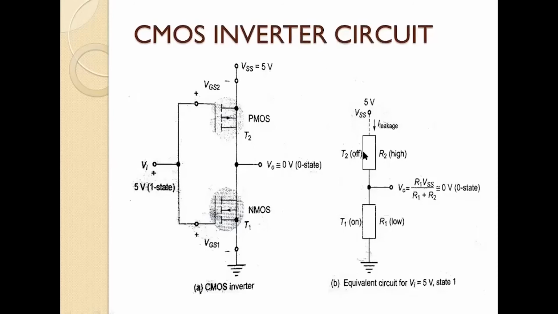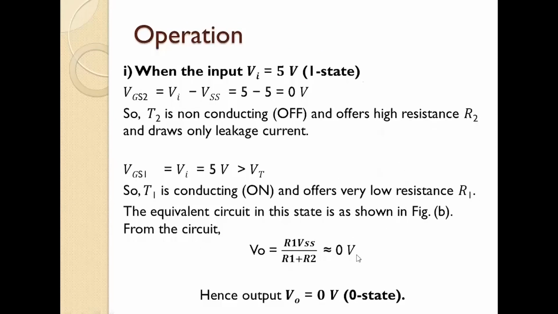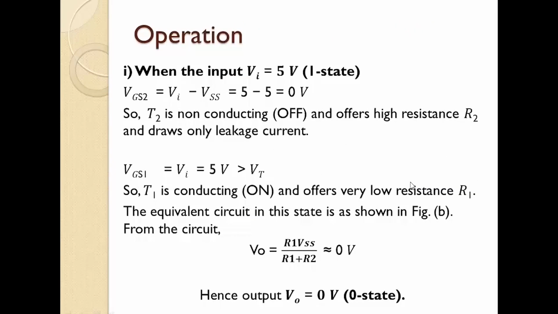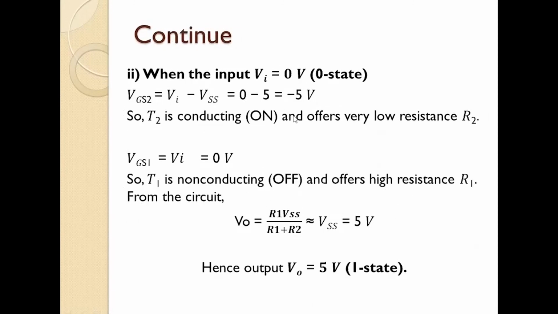I am telling you this is on. For case 2, your PMOS is on, your NMOS should be off. Off means open circuit. Ground is not directly connected to the V0. This is a closed circuit, so whatever the 5 volt will appear across your V0. So that's why there is 5 volt. So when Vi is equal to 0 volt, V0 equals 5 volt. So, inverted output. That's why that is called a CMOS inverter circuit.